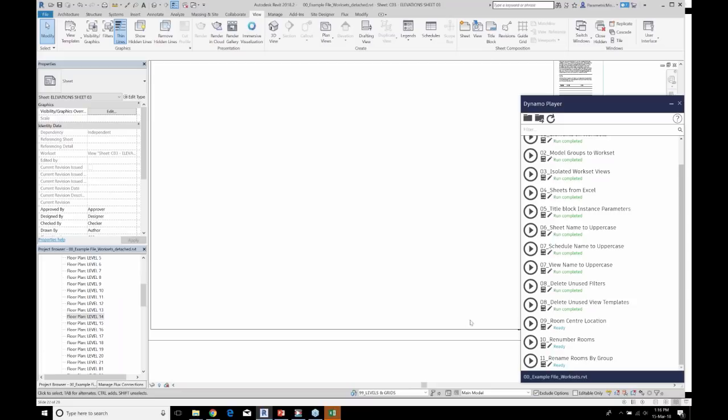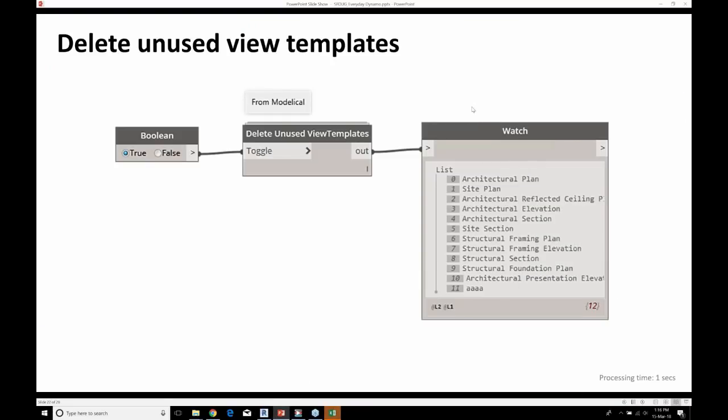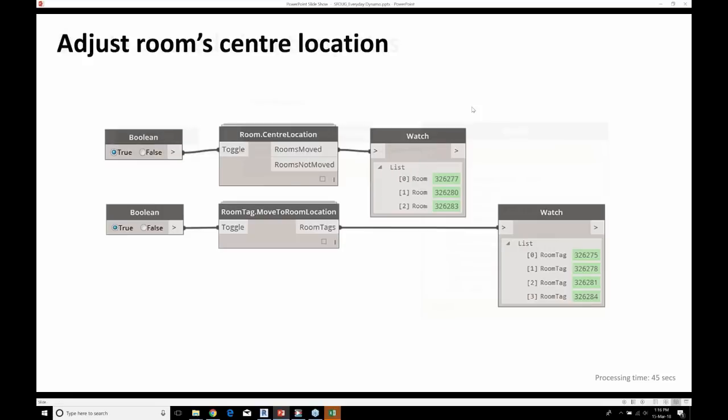So we've just got a couple more, and then we're almost done. Adjusting room center location.